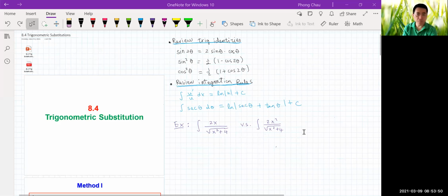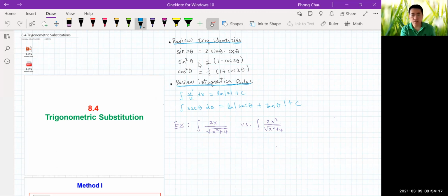This is section 8.4, trigonometric substitution. In this section, we will learn another type of substitution, besides the u-substitutions that we learned in Calculus 1. Now, before we get there, make sure that you review all the trig identities that we might need during these